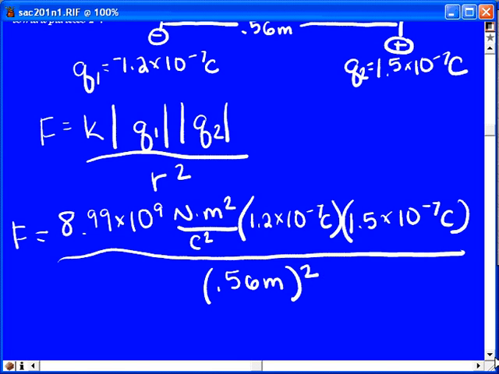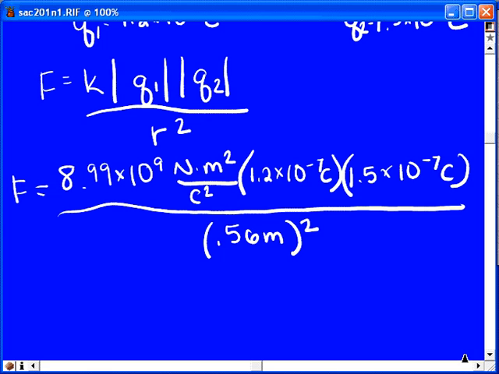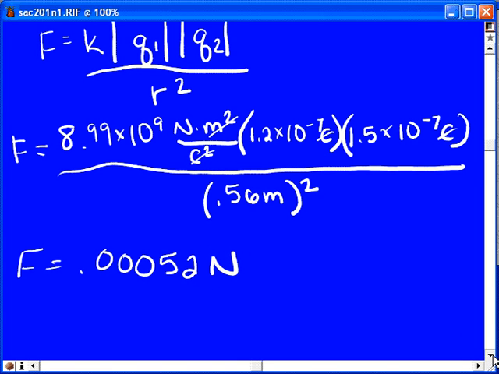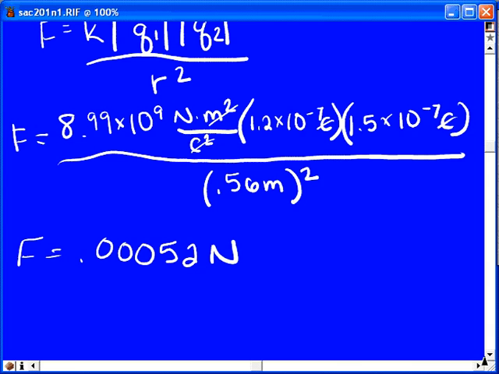We want force to be in newtons, so we're going to find that the coulomb squared in the denominator is going to cancel these coulombs, and the meters squared will be canceled by the meters squared in the denominator here. So by calculating this, we find that force is equal to 0.00052 newtons, and we determined that it's two particles that are oppositely charged, so that we will know that the